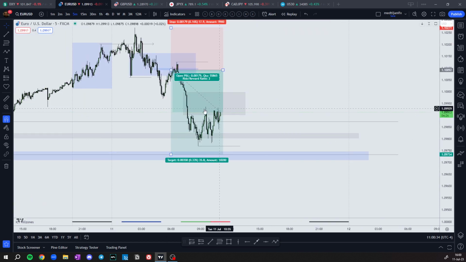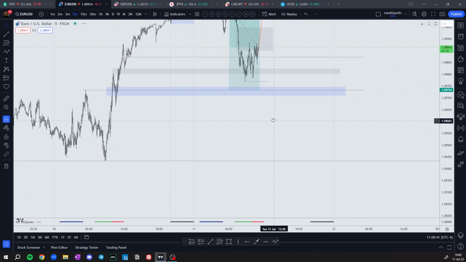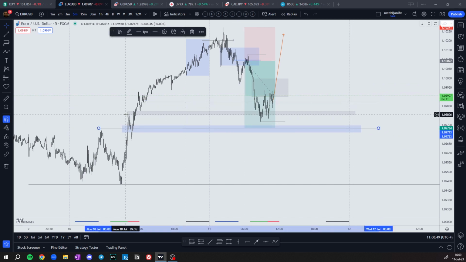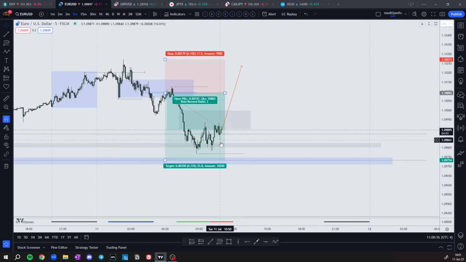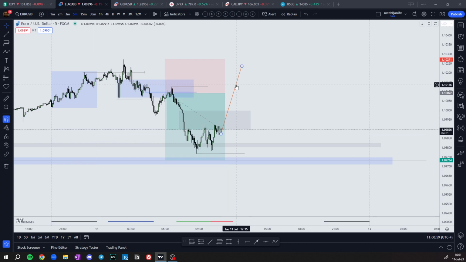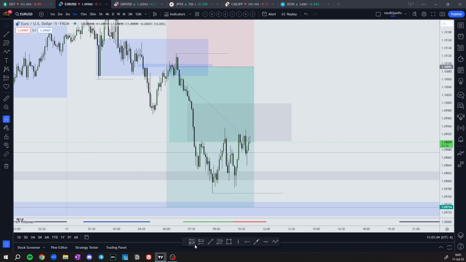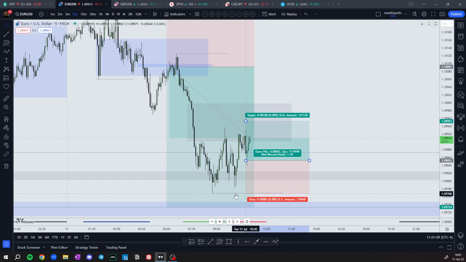The higher probability is that price could go higher from here, because we are inside a 4 hour level, the 4 hour BC with 1 hour BC right here, and we have a break of market structure on the 5 minute time frame above this high, which allows me to go higher. It is totally fine to look for a buy entry here with stop loss at this point here,